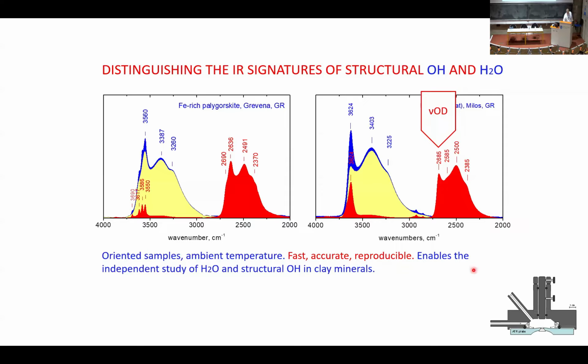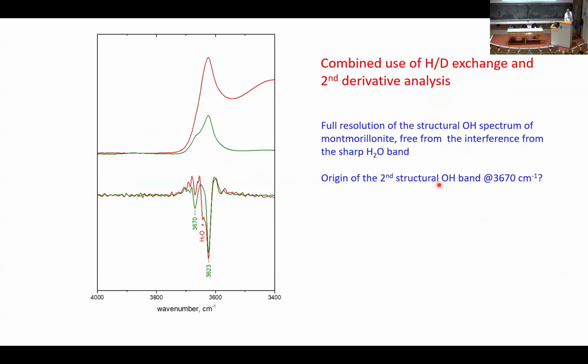And the name of the game is to record very accurately the position of this band. And you know, three, four, five transparencies before, if you do second derivative, you can get very accurately the position of this band, and that's how you measure, and then you determine the charge. This is a type of measurement you cannot do with a dispersive, non-Fourier transform spectrometer because you need the accuracy on the x-axis. You interpret shifts of 0.2, 0.3, 0.4 wavenumbers. Okay, so